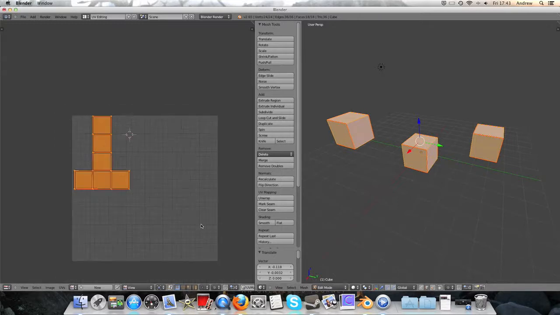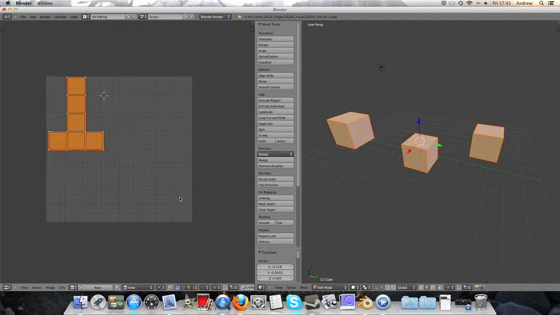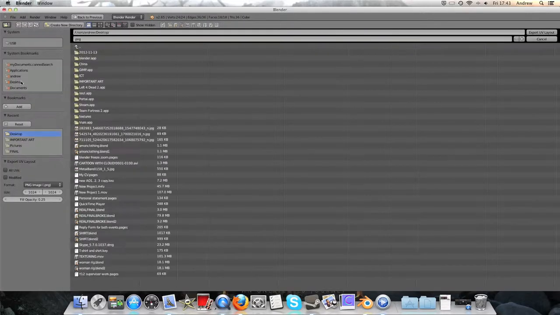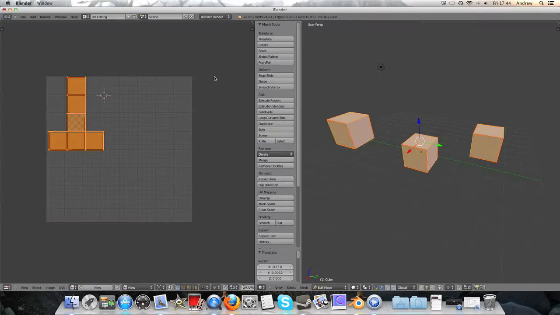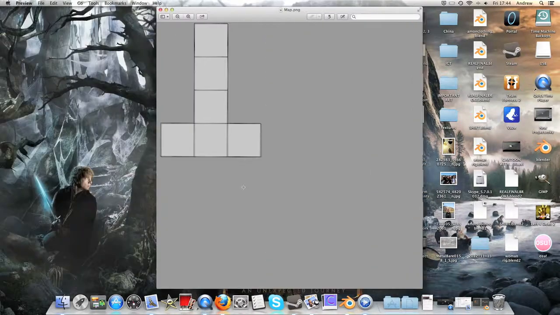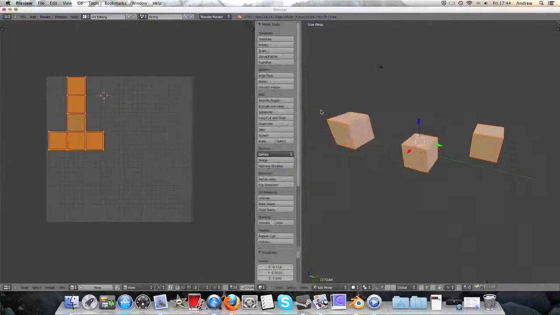And I think that pretty much leads me to, if you wanted to get this unwrap and work on it in Photoshop, then what we'd do is press export UV layout. I'll export it to my desktop with a name, and let's see on here if we can find it. There it is. Got my map, and if I open that in preview, then we can see the end result, what I've done, and there it is. We can put that into Photoshop or any image editing software that we want, and then we can take it back into our